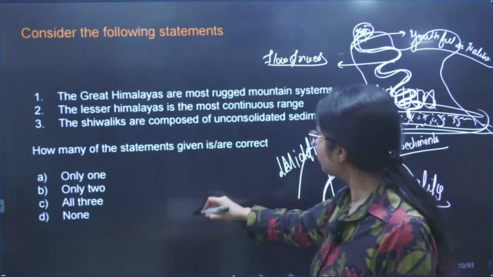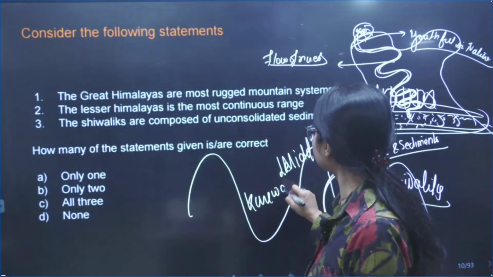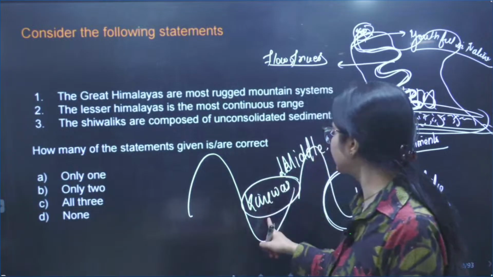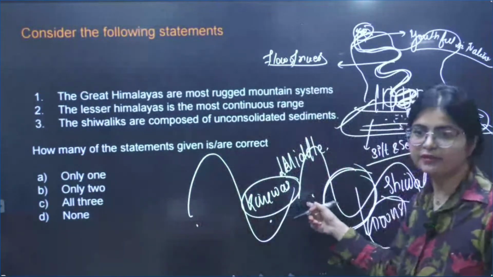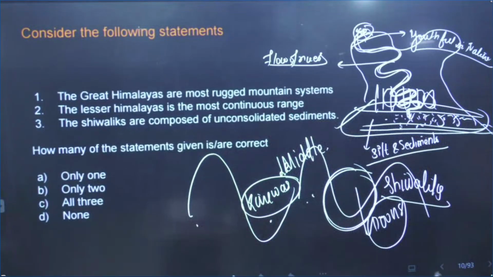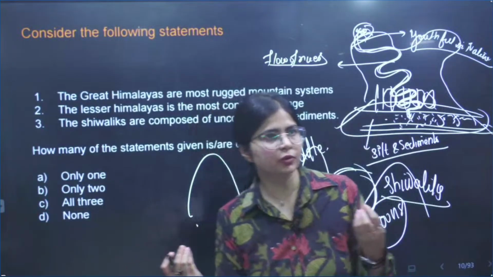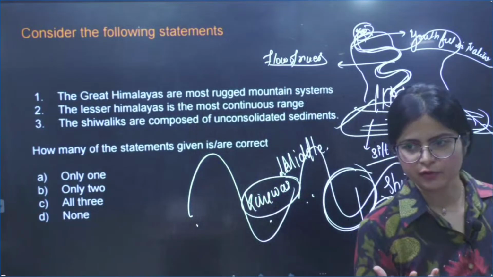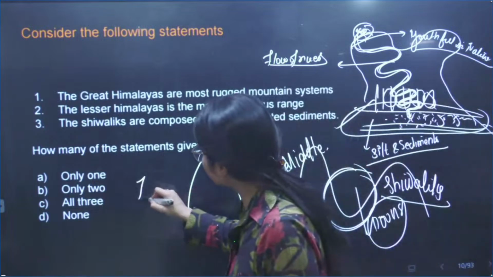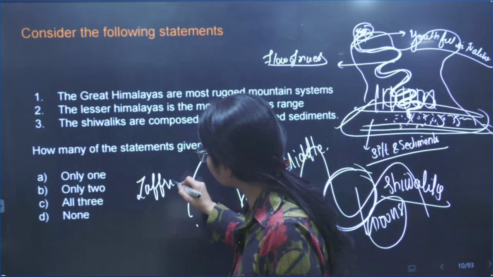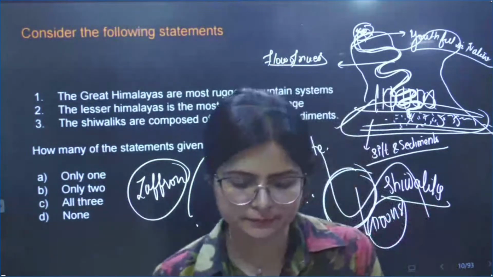But if I talk about Karewas, which you have not done today, I'm just telling you an extra point. Karewas are the features of the Greater Himalayas and Middle Himalayas. Karewas are where you see the highland, right? And where they grow, they are very famous for saffron. Kashmir, right? They are very famous for saffron. In Hindi you call it kesar. Okay.